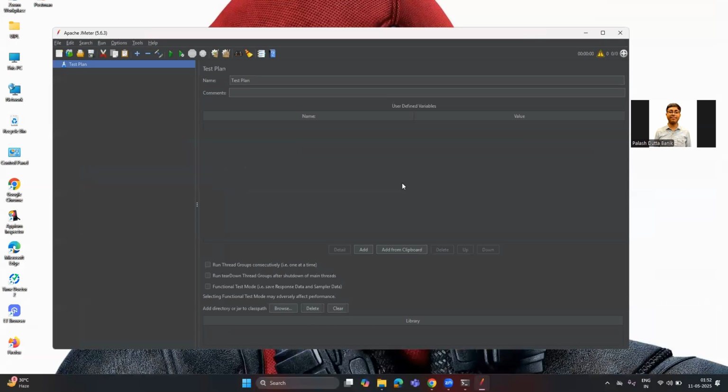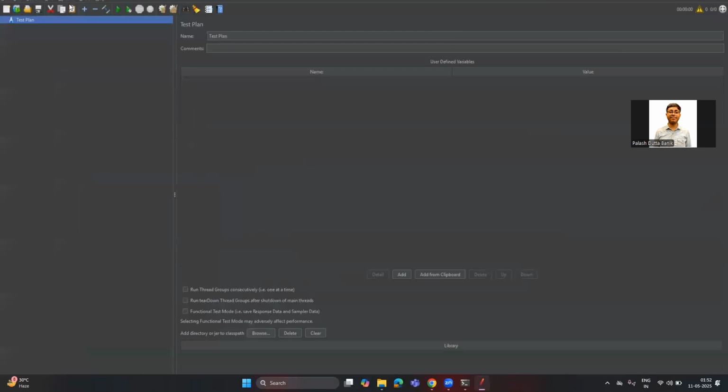Okay, so let's discuss the toolbars, the tool sections, and the menu sections of JMeter. This is the basic interface of JMeter. Here we can see a test plan. It is the top-level element of a JMeter test plan, like a test file. We can change the name from here and we can add some comments